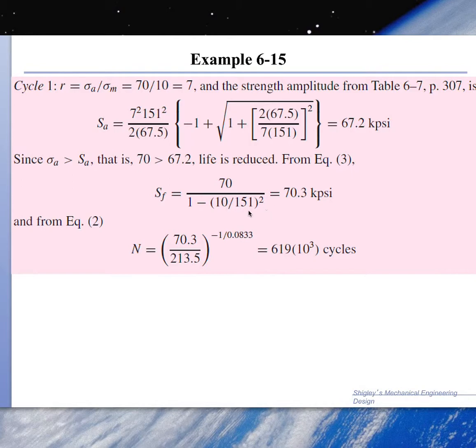In other words, the influence of the mean is very small. It changed the fully reversed or alternating component and amplified it a little to 70.3. However, if the mean was very high, you would expect this number to be much larger than sigma alternating. The allowable number of cycles is 619,000,